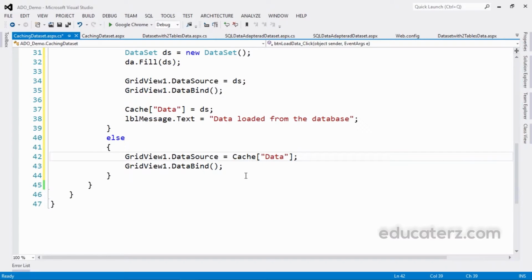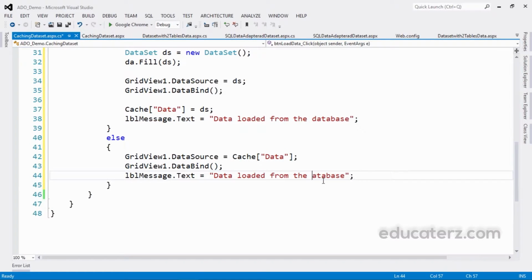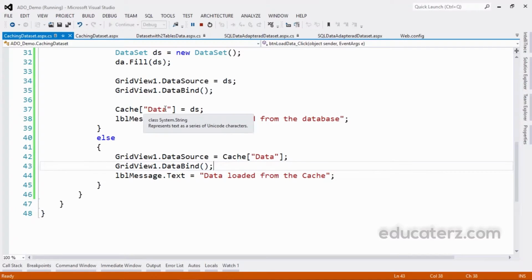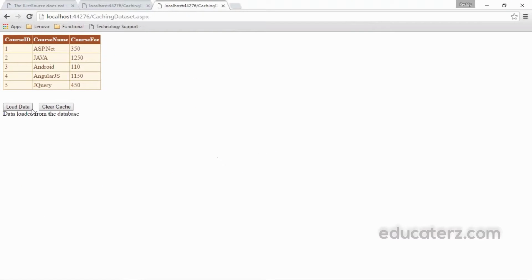Now we need to make a, let us see, I'm expecting some error here. Data loaded from the cache. Understand? Now let us execute this. I'm expecting some error here while retrieving the data. Let us see that we'll be getting an error at runtime. Runtime means after you execute the program, you will be seeing it like this. Data loaded from the database. Now, what will happen is, it has been cached to this cache of dataset. Now, if we click again, see, data loaded from the cache, it is executing.